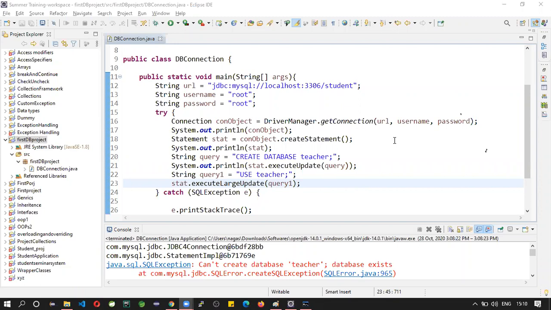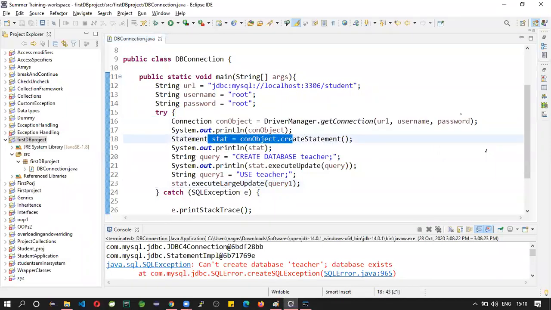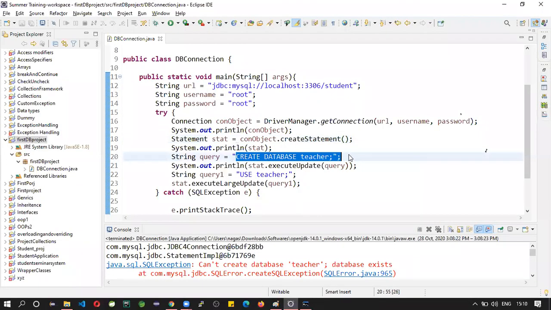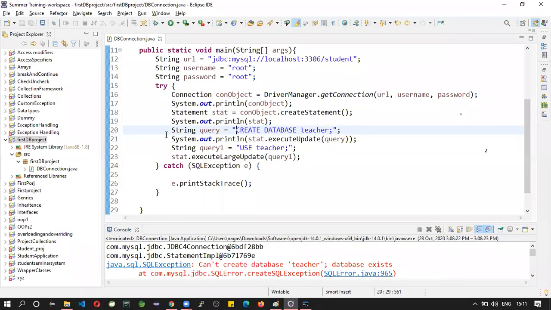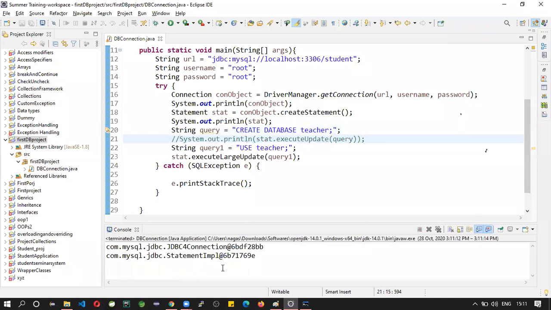Each time you execute this program, it will try to establish the connection, create the connection object, and try to create the new database. Already it was available, so it cannot create with the same name. That's why we are getting an exception. To get rid of this, just skip this statement. Save this program and let's see, no exception, right?